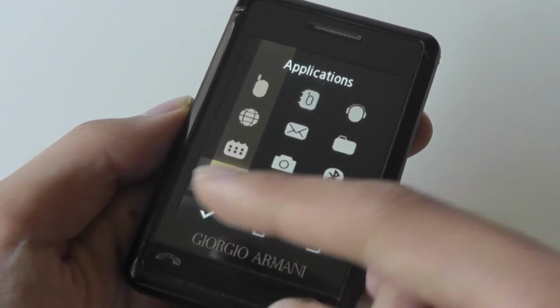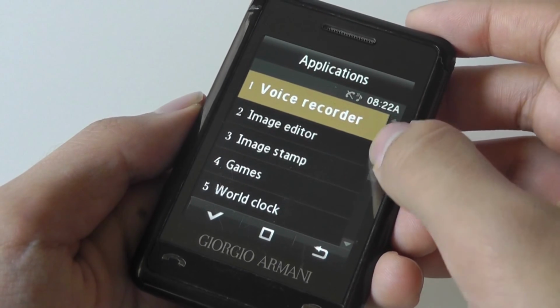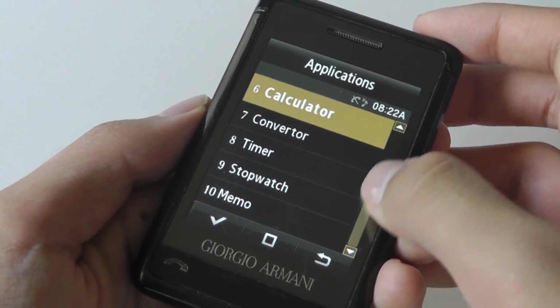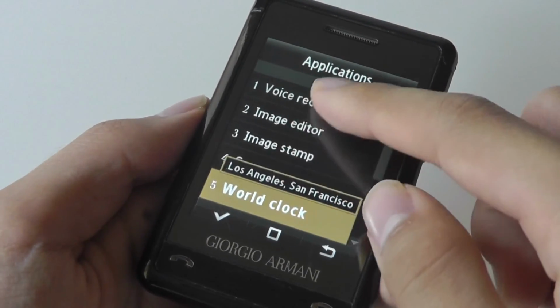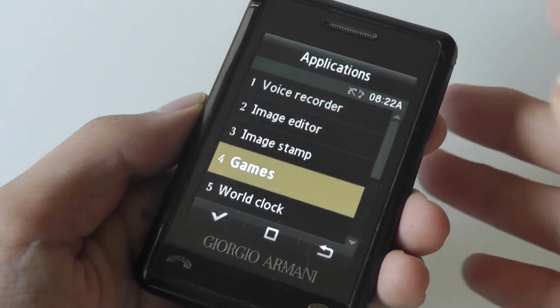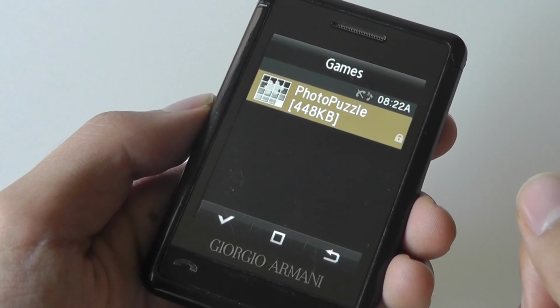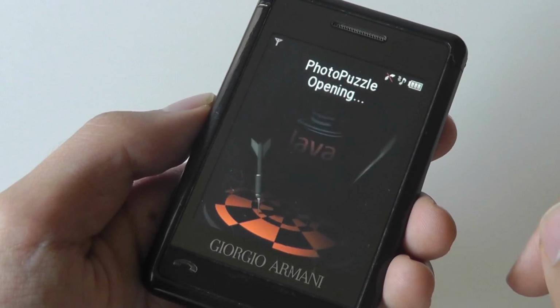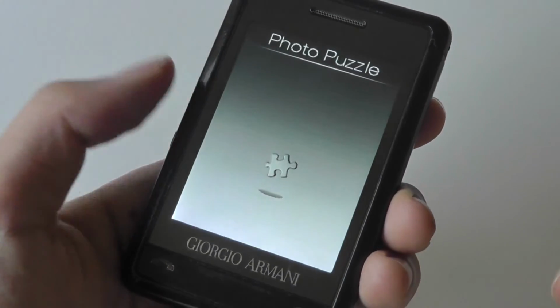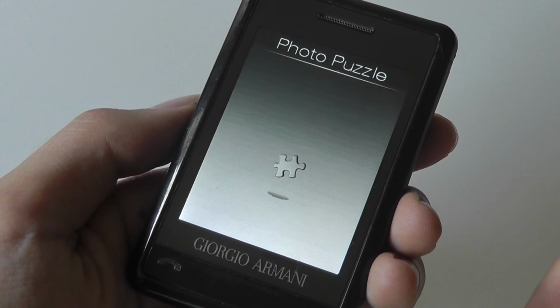So if we go to applications, again this is kind of running a proprietary operating system designed by Samsung, probably based off Java or something like that. And you can see there is a bit of kinetic scrolling depending on what menus you go in, but it's not completely consistent. In terms of games, there's a few very basic ones. You can download a few more using Samsung Suite. Again, it looks like it is indeed just running Java, so that should be pretty easy to find other games from the web